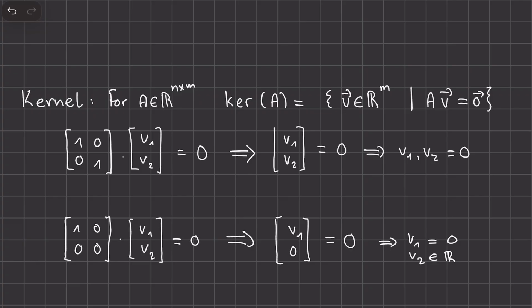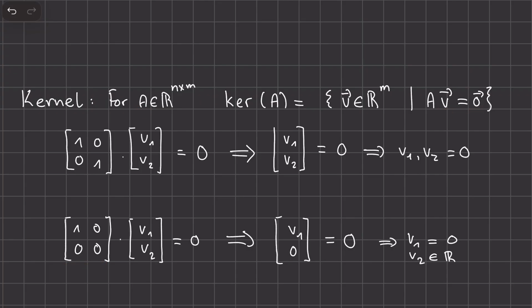This means that for a vector v to be in the kernel, it needs to fulfill this condition, and this condition is only fulfilled when v1 and v2 are 0. Meaning that the only element we have in our kernel is the 0 vector, where both v1 and v2 are 0. And this is also considered the trivial kernel, where just the 0 vector is included because the 0 vector is always included. Multiplying any matrix by the 0 vector always yields 0. Now for the second case, I've